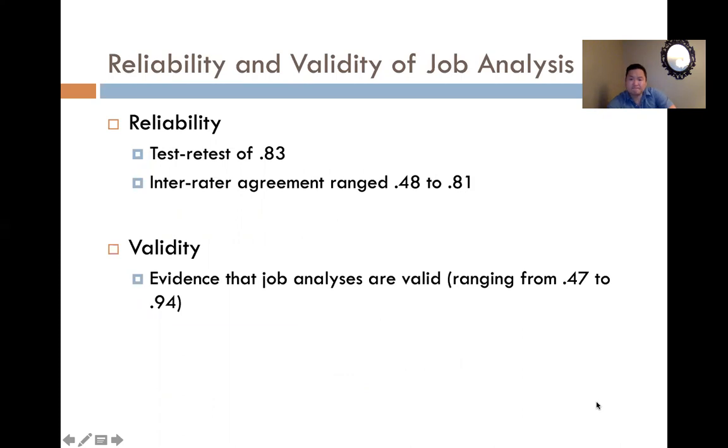The good news is our existing methods of job analysis tend to both be pretty reliable and pretty valid. And remember, that basically means that they're consistent. Different job analysts agree on what the job is, and job analyses done look similar over time. That's the inter-rater and test-retest reliability. And job analyses relate to things we care about. They're valid. So long story short, we do these, and not to toot our own horn too much, but we do them pretty well. And a lot of work has gone in over the years to making job analyses work well.